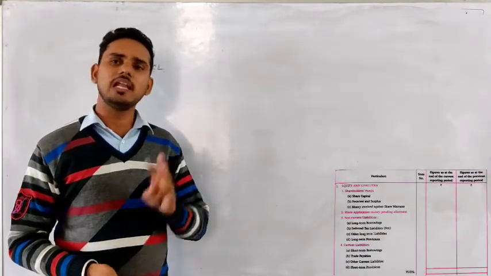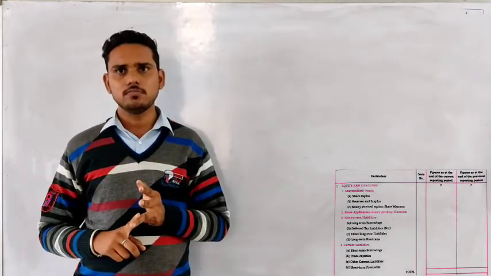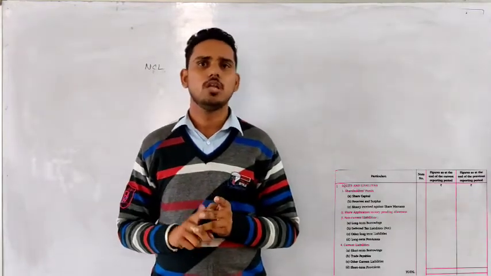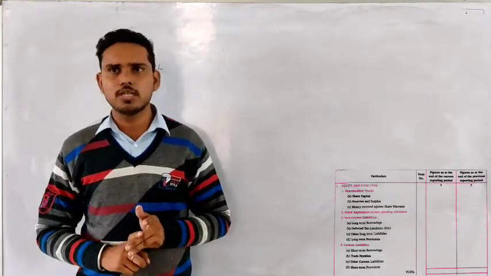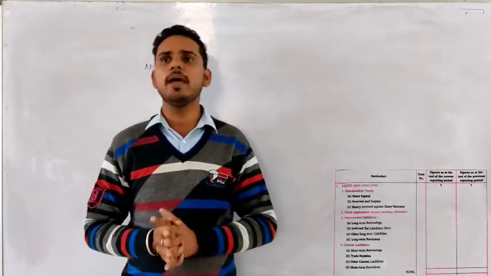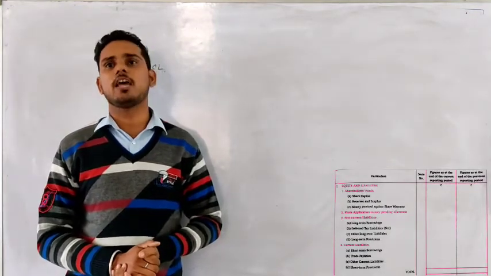No confusion. Mainly we need to remember only three things. All the bank loans. If it is not mentioned in the question whether it is long-term or short-term, it is long-term. All the bank loans, all the debentures, as well as public deposit. Now the second subhead in that non-current liability is deferred tax liability.